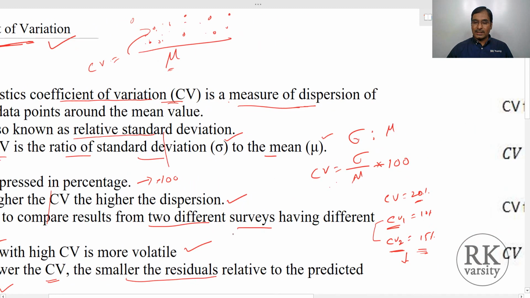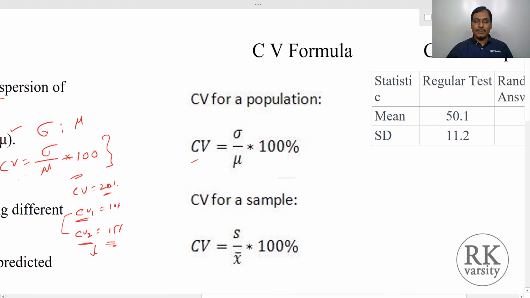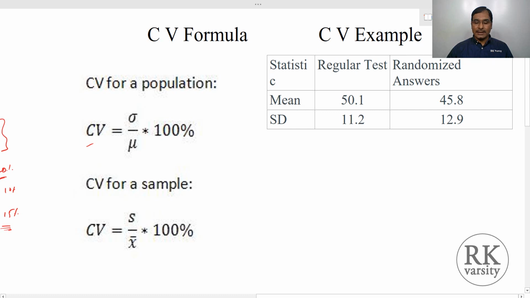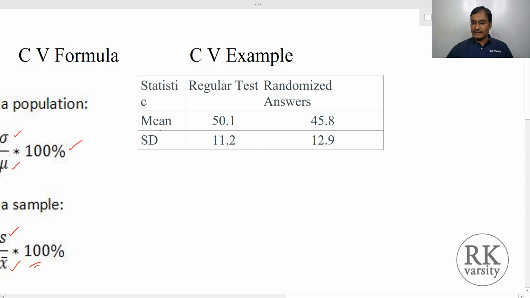Now we'll see how to calculate the coefficient of variation. As you already know the formula, it is the same here. Suppose you have a population, then we use the population standard deviation and population mean times 100. And if you have sample data, then the sample standard deviation and the mean of the sample times 100. Here we have two examples: one is a regular test and the second is a randomized one. Using these two, we calculate the